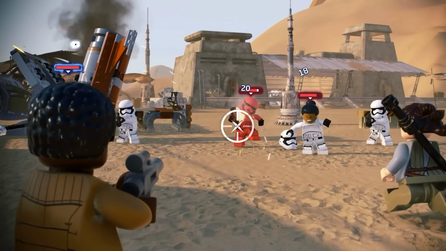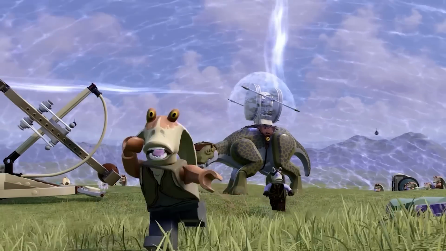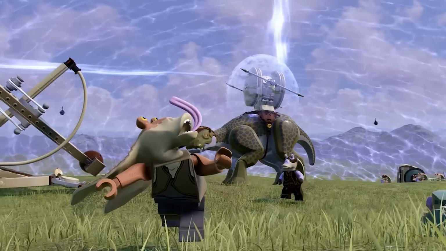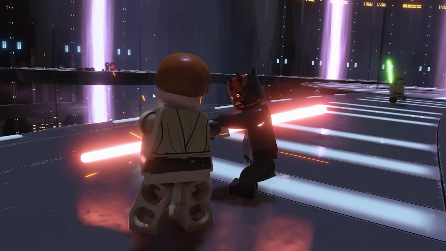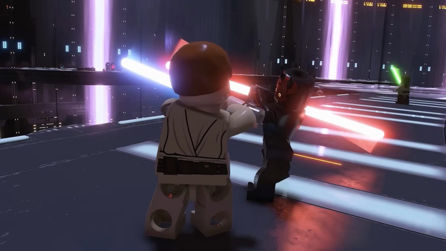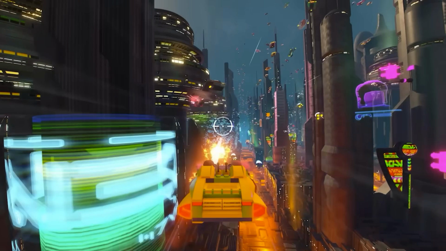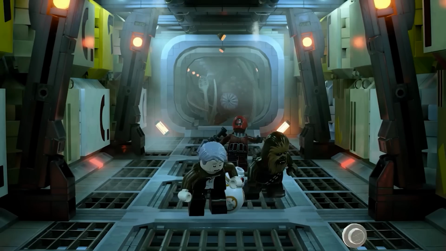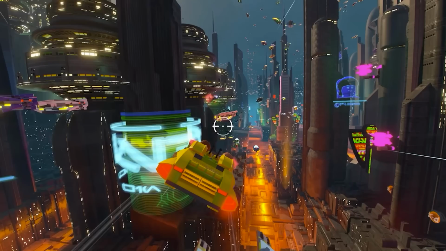More Nema outposts with Finn and Rey taking on Stormtroopers, and another look at the Battle of Naboo from the perspective of Jar Jar Binks. Then we have the duel with Maul and Obi-Wan and Qui-Gon in The Phantom Menace. We've seen this a few times before, but it's good to see another look at them. Release date, obviously, April 5th, and something a lot of us have been waiting for, the speeder chase in Attack